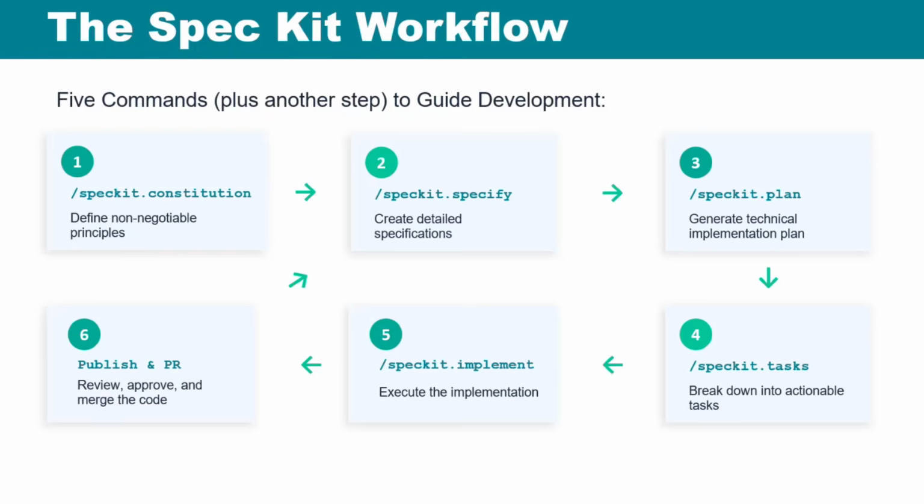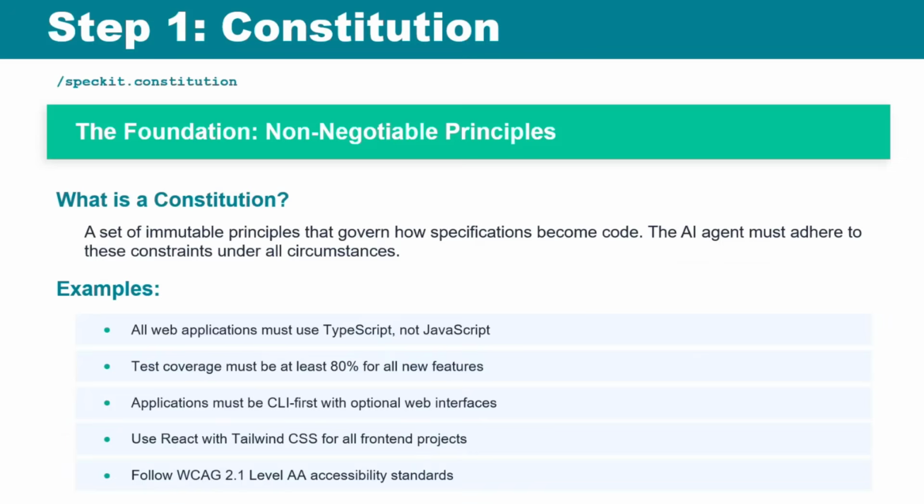So that's kind of the high-level overview. And I just want to go through each of these in detail a little bit. So you'll start, as I mentioned, with your constitution file. And these are the foundational principles that your AI will be guided by throughout the rest of it. This is where you would define like your coding standards, your approaches. It's the equivalent of like the Claude Markdown file or your agent's Markdown file. These files that you create are included with every single pass in the context and help control and limit and guide what the AI coding agent can and should not do.